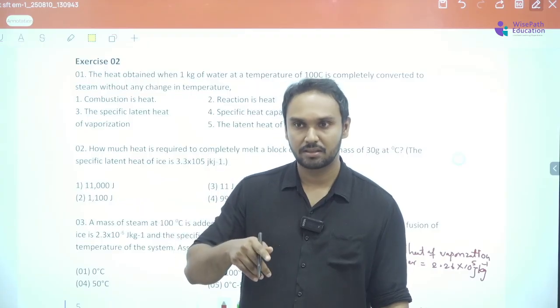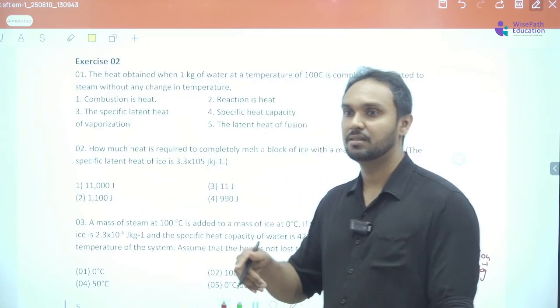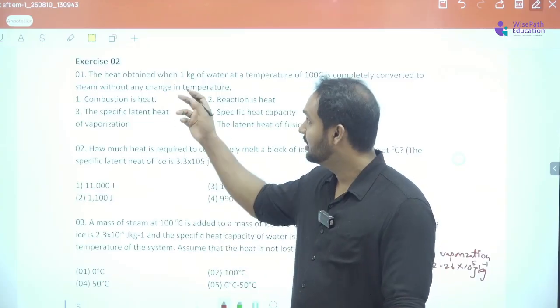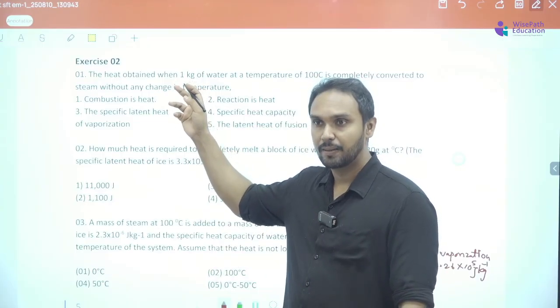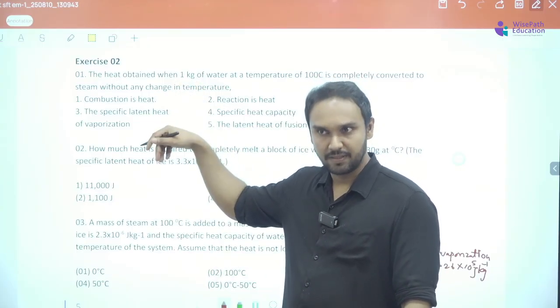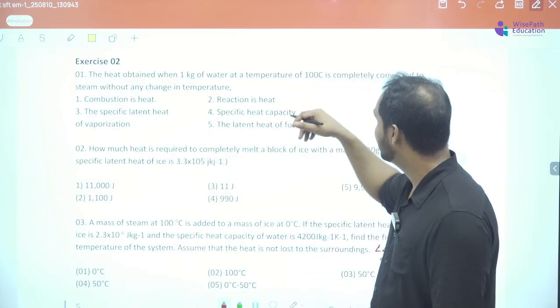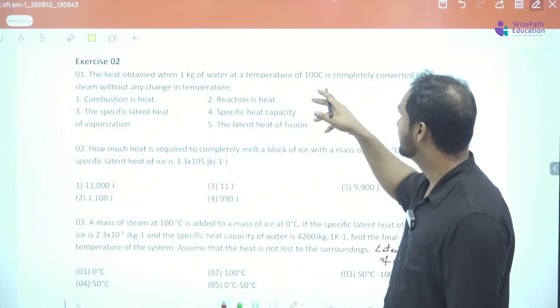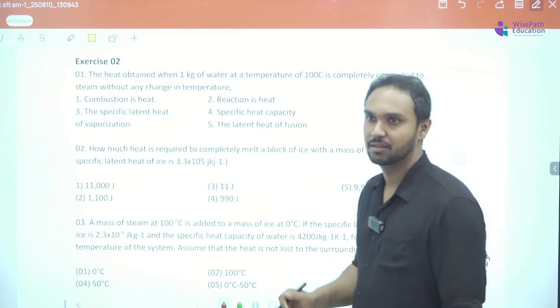So it has to have the specific, because otherwise it would be just the latent heat. Here it considers the 1 kilogram, isn't it? And since it says 100 degrees Celsius converting to steam, it should be the